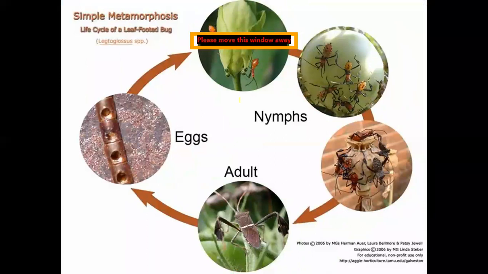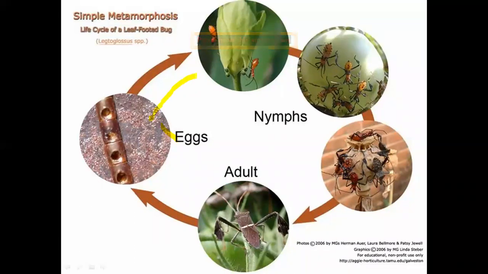metamorphosis. If we see this picture, this is the egg stage. When the eggs hatch, the young one comes out. This is the young one, and this is called the young one's name. This is also a name, this is also a name, but in between there is no resting stage, that is the pupa. And if you observe from nymph to adult, it looks the same, it resembles the adult, isn't it?